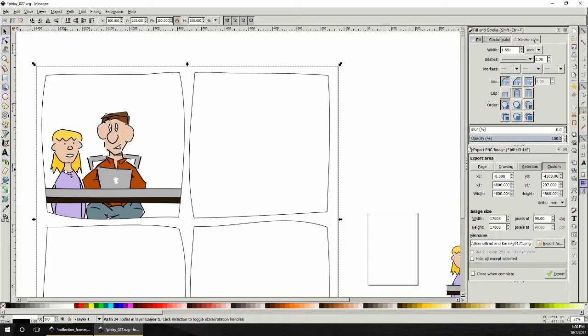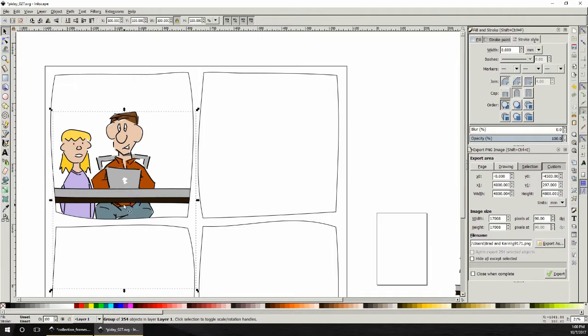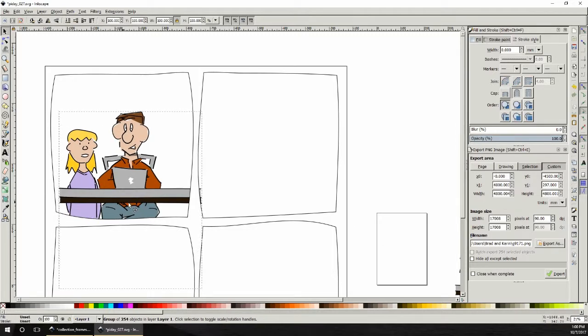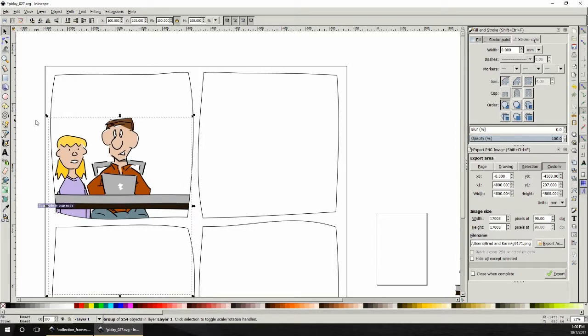So in this one, in every frame actually, I have both characters talking. So I try and vary the mouths, and I also try and vary the eyes and make them look like they're doing different things in each video. So this might just be a very simple video, or a very simple comic of them having a conversation, maybe trading glances with each other. And what I might do is